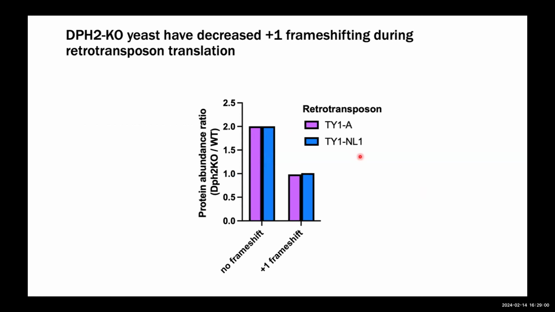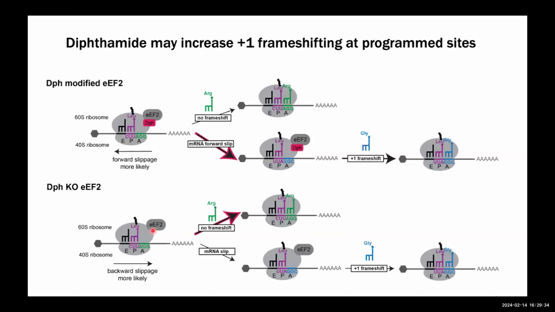And so when I looked more at my results, what you can see here on the y-axis is the protein abundance ratio comparing the DPH2 knockout with the wild type. What you can see is that the non-frameshifted form of the retrotransposons were increased in the DPH2 knockout strain relative to the wild type. And so this was interesting to think about in the context of prior work, which is mostly focused on -1 frameshifting and not +1 frameshifting. And this has allowed me to form kind of a new hypothesis regarding diphthamide and programmed +1 frameshift sites,